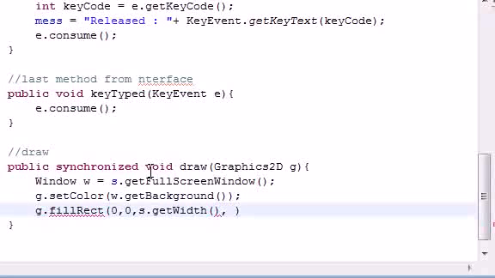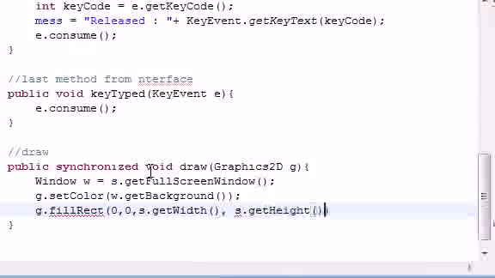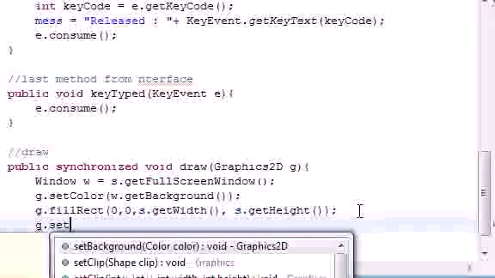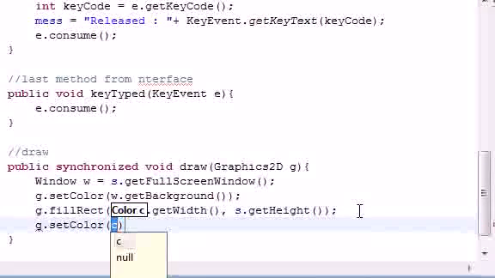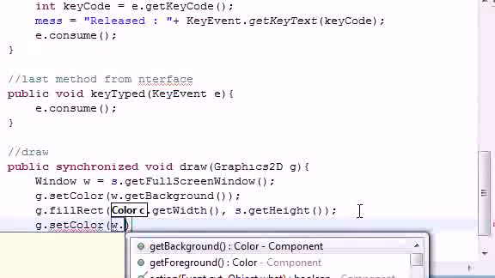As tall as the screen is, so s dot get height. So we want a rectangle starting at the top left that's as wide as the screen and tall as the screen. Easy enough. So now let's go ahead and change our color, because if we draw green on green we can't see anything. So G dot set color, and we'll go the window dot get